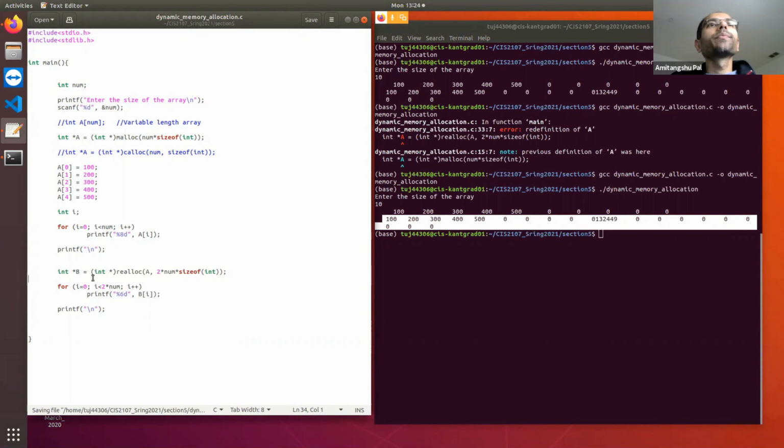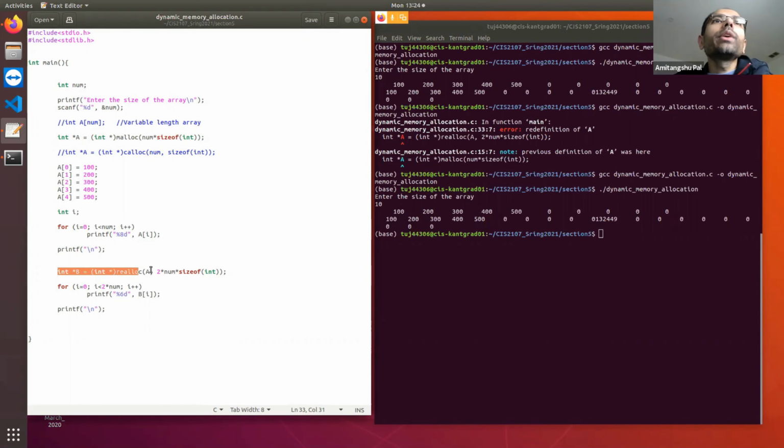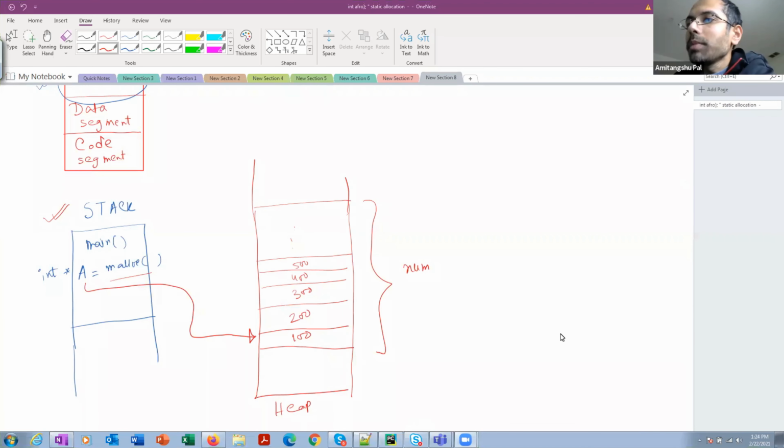So let's go back to this. Whenever you are reallocating memory, two scenarios may appear. Let's go back to the notepad and try to understand what's happening in the memory space. What is the first scenario? You want more space in the contiguous memory location.